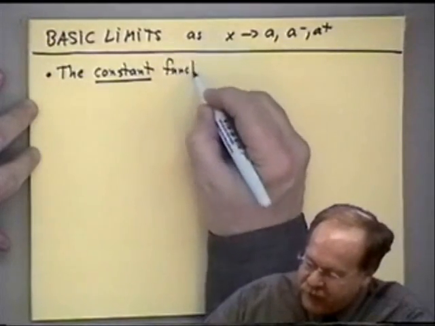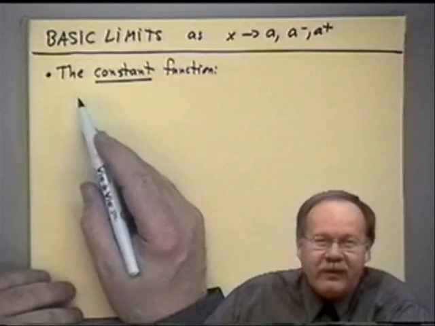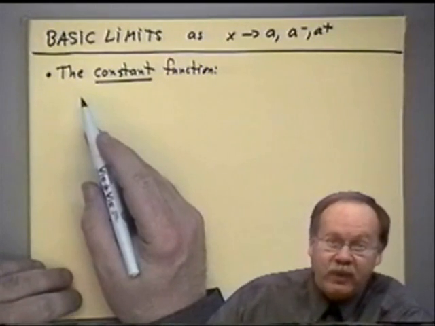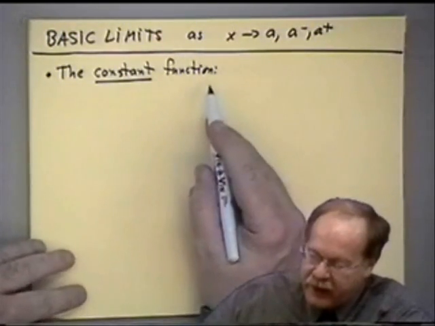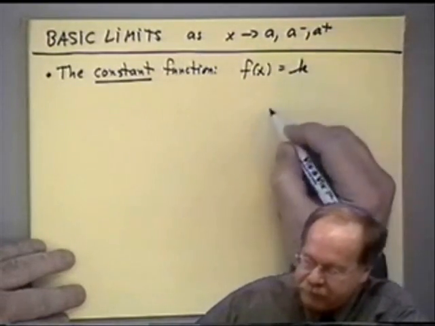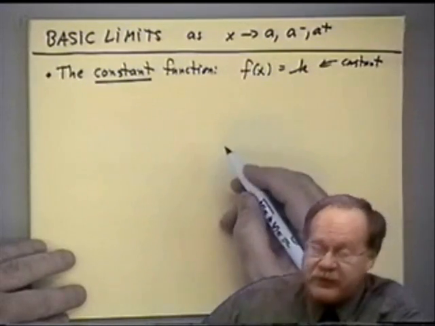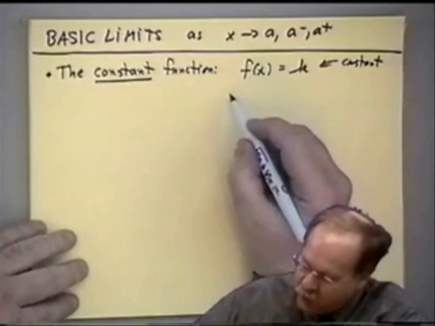Suppose we consider the constant function. Now we say the constant function, but really there are an infinite number of constant functions depending on what constant you use. The constant function has the form f of x equals k. Now k is a constant. Now that's a very dull function to look at. If we look at its graph, for example,